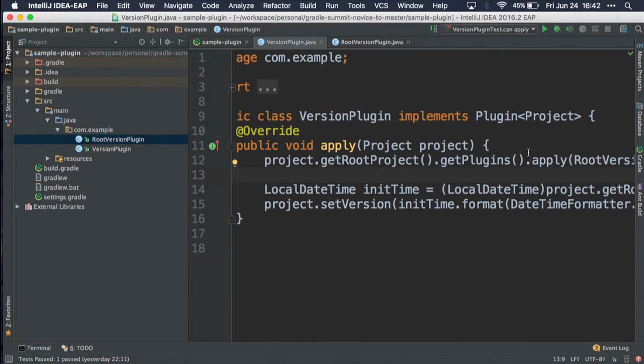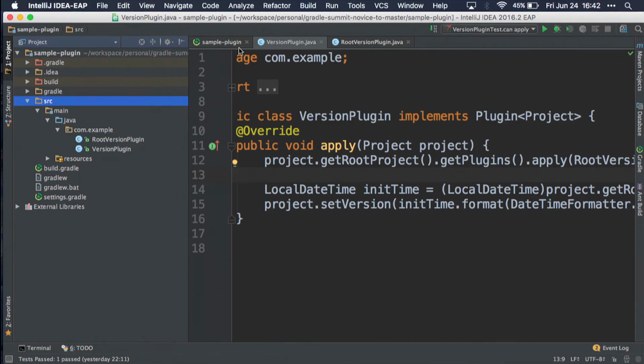In my use case that I would usually use, I would have two plugins that you would apply, one at the base that would configure it, and then one that would do on every project and get the version. But we're going to flip this a little bit. We can fix it later. We can talk about it later.